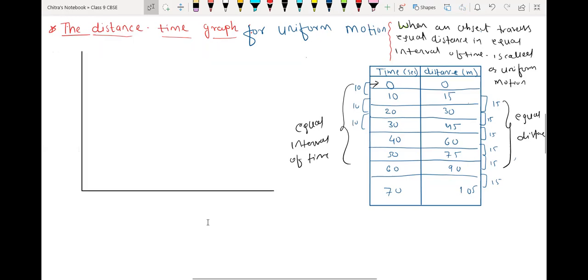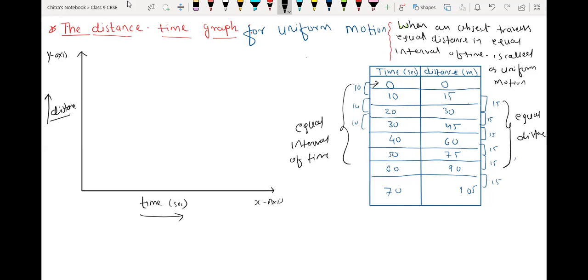Okay. So here we have the x-axis. Here, no, it is the y-axis. I'm writing here y-axis. Here we have the x-axis. On the x-axis, we have taken time, time in seconds. And here we have taken distance, distance in the upward direction. So we have to draw these points on the x-axis and y-axis.